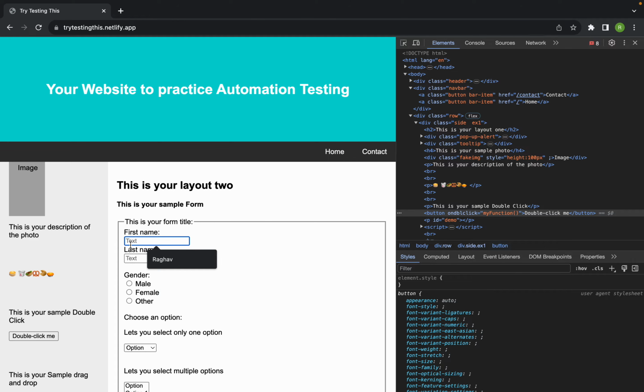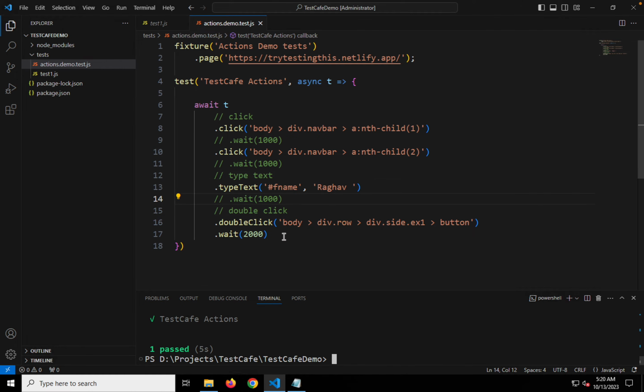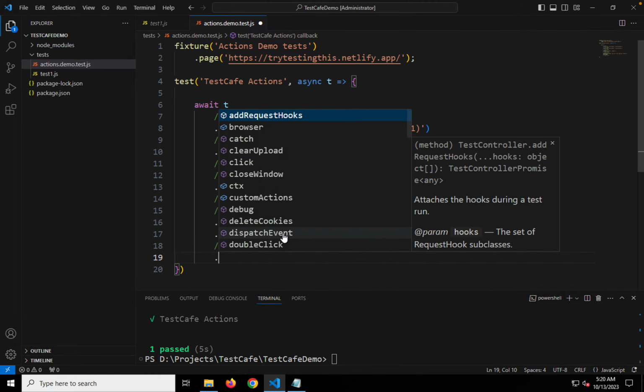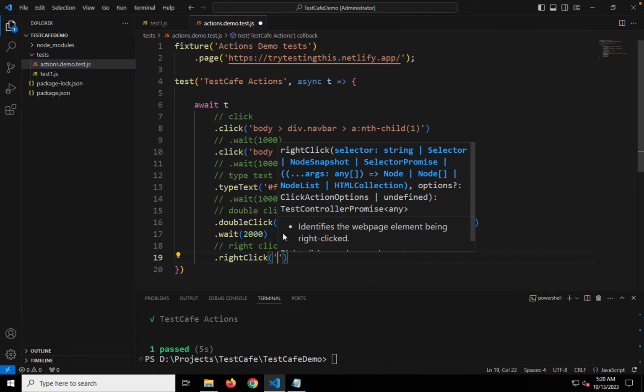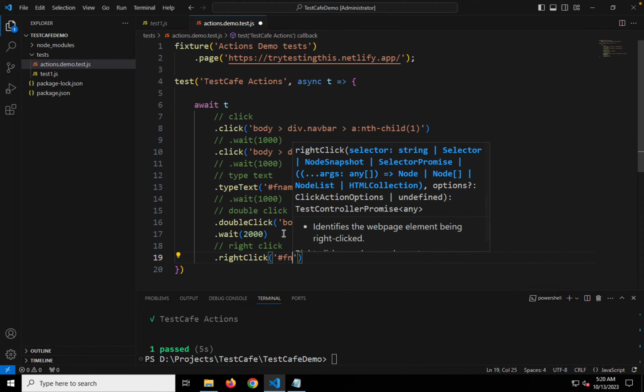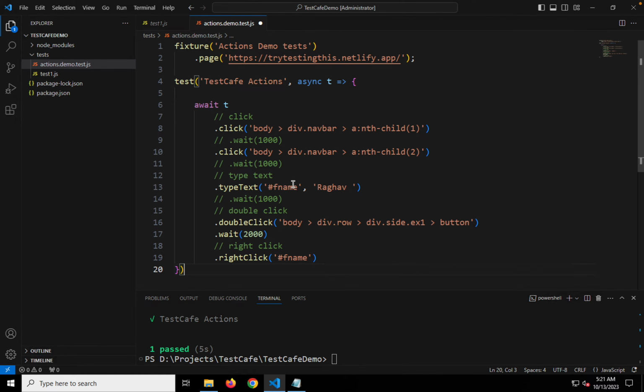Let us say I want to do a right click on this first name text box. Yeah, so let me just try this. This is right click. Now I will also keep all these notes and all the code I'm creating here in the comment section or in the description section of this video, so you can also refer from there. So I'll say dot right click, and here I have to use the ID or the selector. So here I will say hash f name, which is the ID for the first name text box,